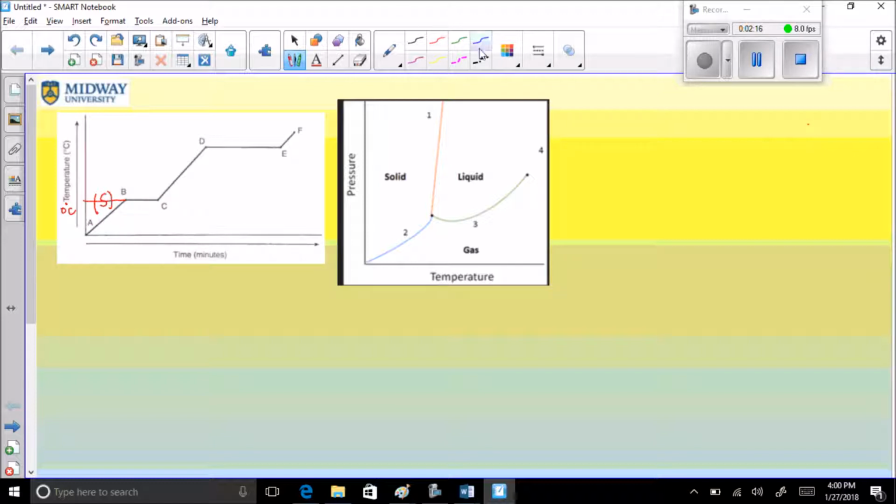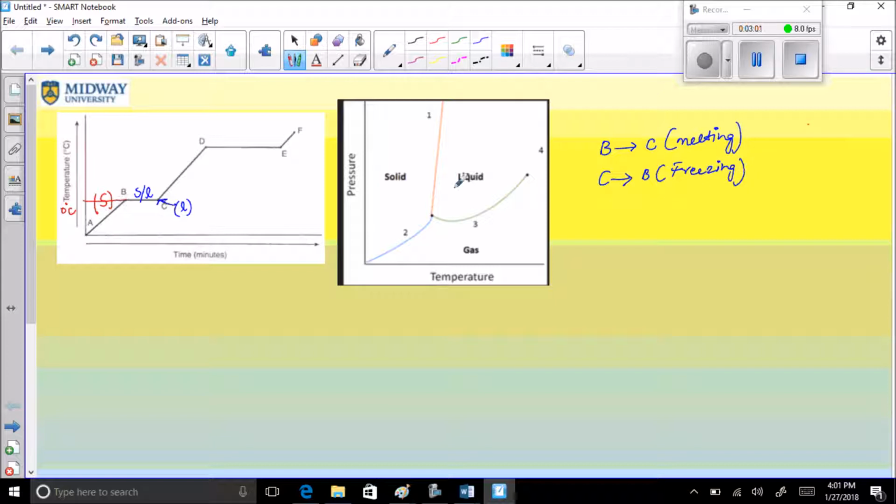Now between B and C is where the transformation happens. At B, it's purely solid. At C, it's purely liquid. Between B and C, you have both solid and liquid. That is, when you go from B to C, it is basically melting, right? Whereas when you go back from C to B, that's freezing,